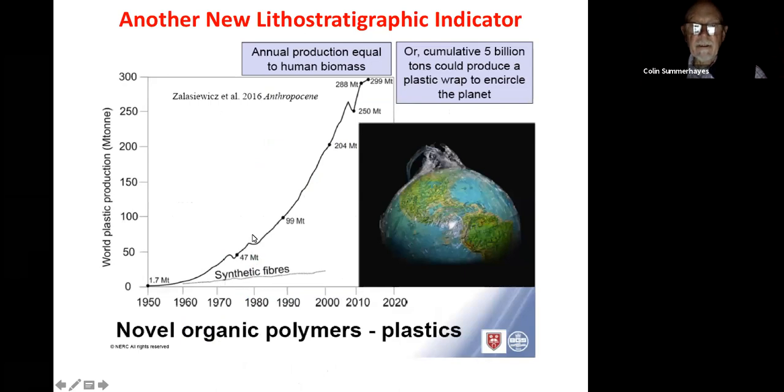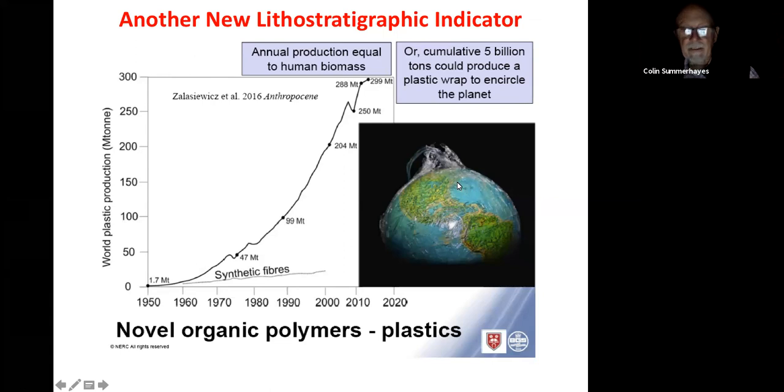Plastic is another new stratigraphic indicator for us. In 1950, we were producing, not we in the UK, but globally, 1.7 million tons per year, and now it's up to 300 million tons per year. The annual production is equivalent to all of human biomass, so it's a lot. And cumulatively, it's something like 5 billion tons. If we turned it into plastic wrap, the sort you get in your kitchen, we could actually plastic wrap the